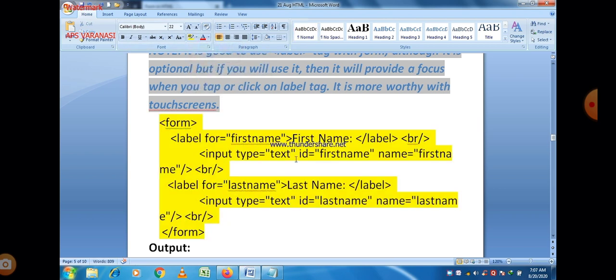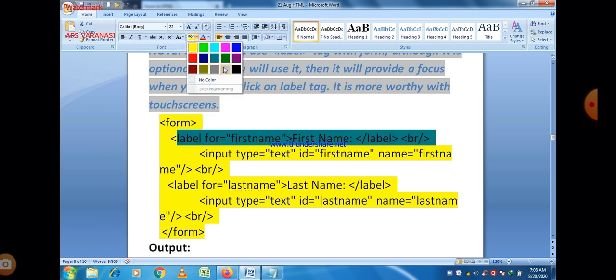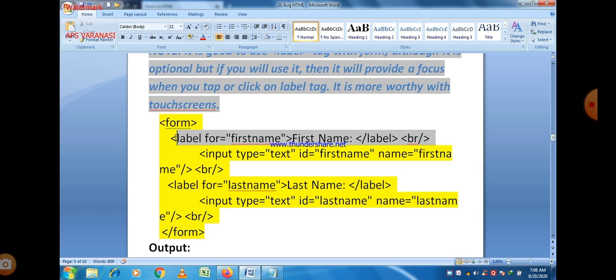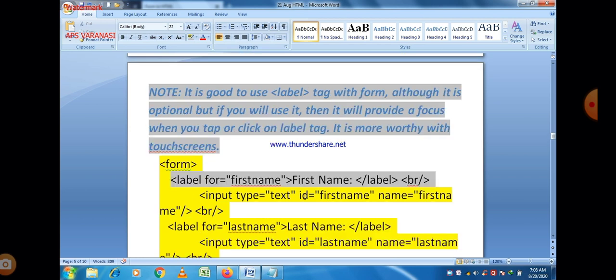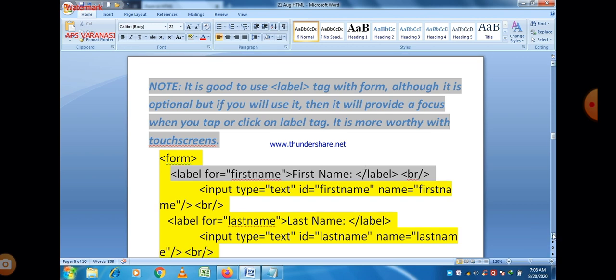You can easily see on the screen that is a small program, and now after label, for is the attribute, as I just told you earlier that for is the attribute of label tag, and you can see that for first name is given here, and for first name, label name is First Name, in which F is in capital letter, N is in capital letter, and after that is colon sign here, and just after that close the label tag, and simple line break statement is here.